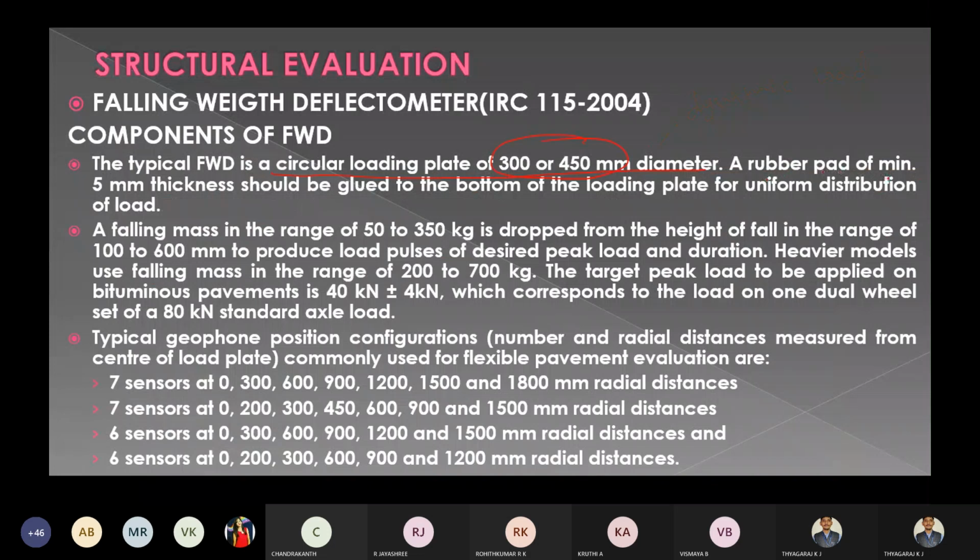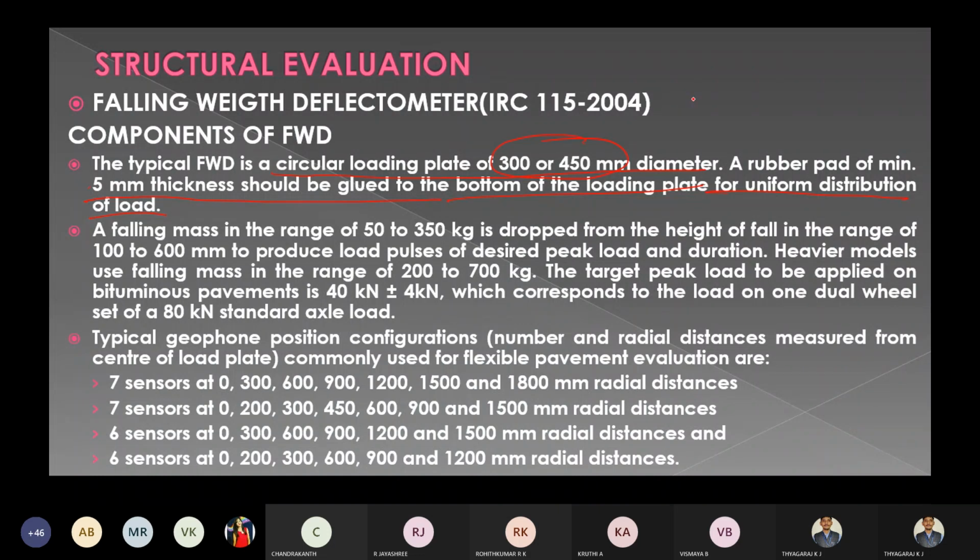A rubber pad of minimum 5 mm thick should be glued to the bottom of the loading plate for uniform distribution of load. If we provide a rubber pad, it acts as a spring media, so it will not affect the existing condition of the pavement.